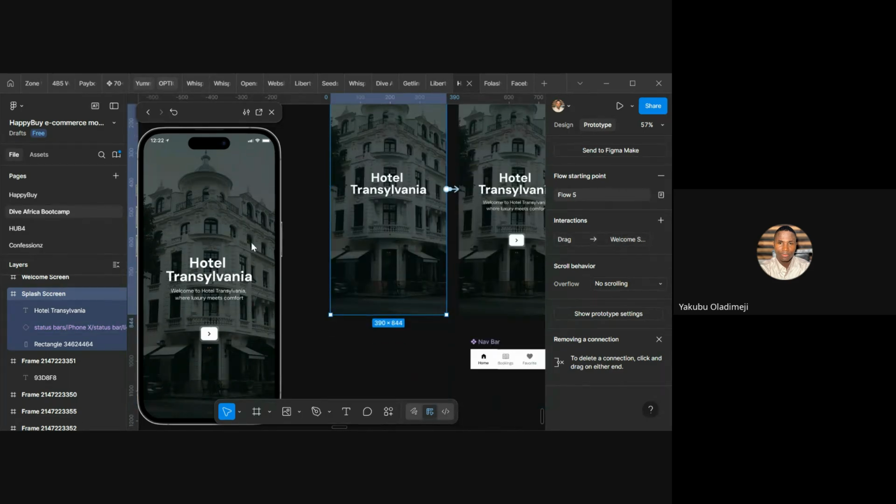Did you see that? Can you see I had to drag the screen for me to get to my welcome screen? All right. So that's for the on drag. If you set your trigger to on drag,